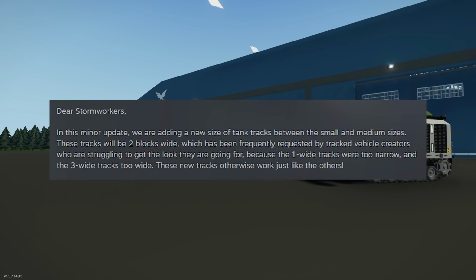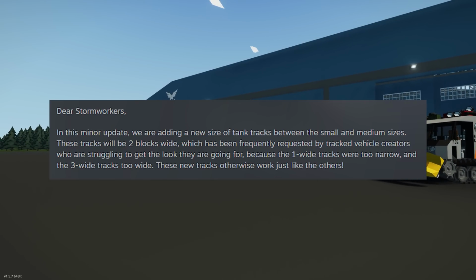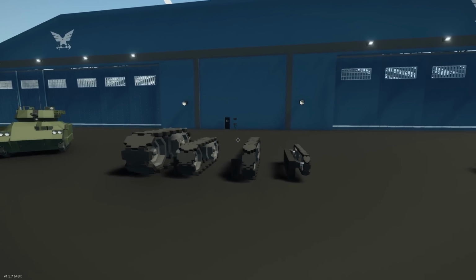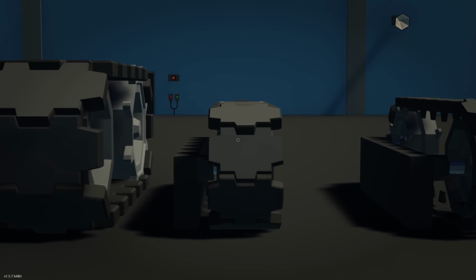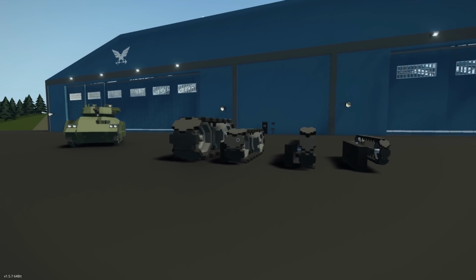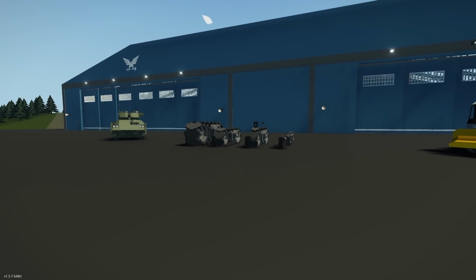So for the last couple of months and years since we got tank tracks here in Stormworks, we've always had three different types. We've had the simple 3x1s, we've also had the simple 3x3 I think, and then we've also got the 5x3. So we've always had three different types, and that's always made it quite hard in creating a